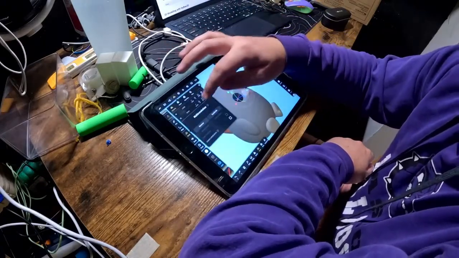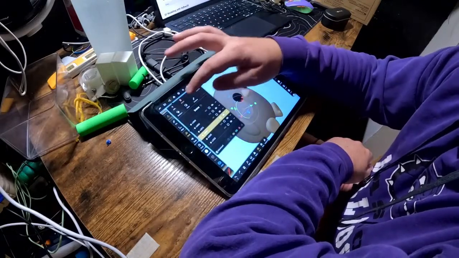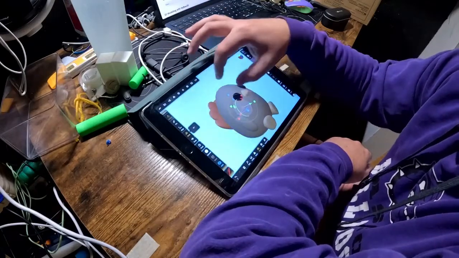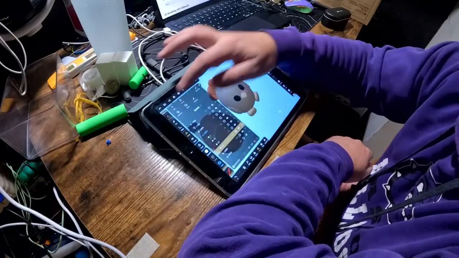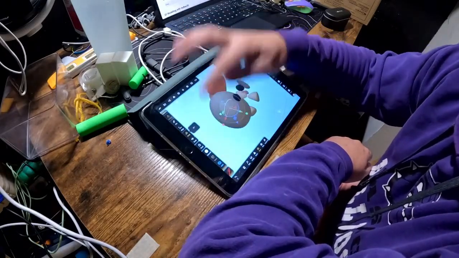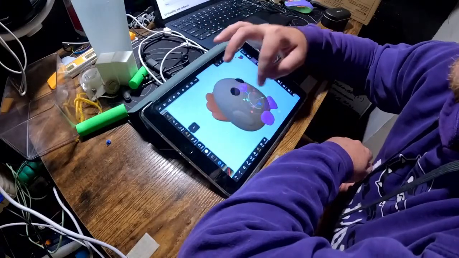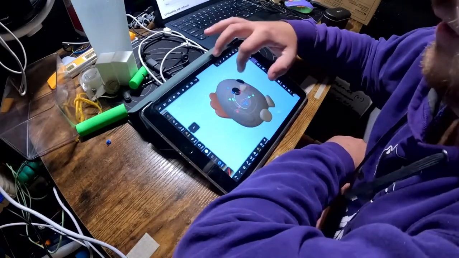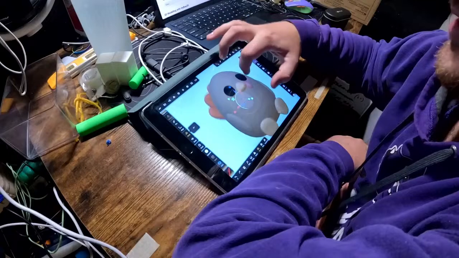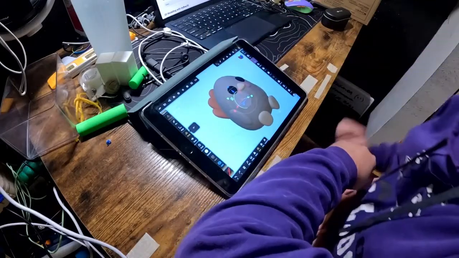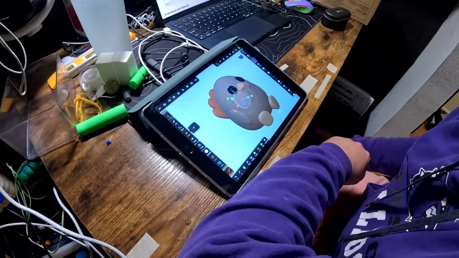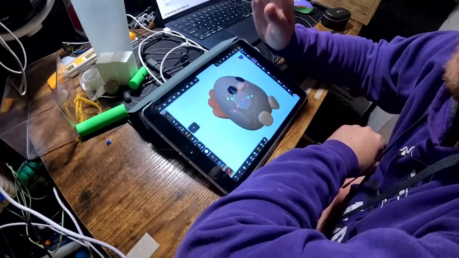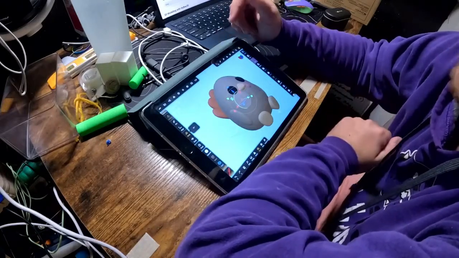All right, we're going to go in and we are going to remesh the main body. But first, we're going to separate it out so that it's not all too much here. Oh, and it looks like it duplicated my body there, so we're going to make sure that there's not two duplicates. There we go. Yeah, there's still some weird export things that happen from Gravity Sketch, but it's a great way to start if you're not super experienced with 3D modeling like myself. I'm still in the learning process here. I've got the ideas, but it's definitely a challenge every time, and a fun challenge at that, to get them down into an actual file.